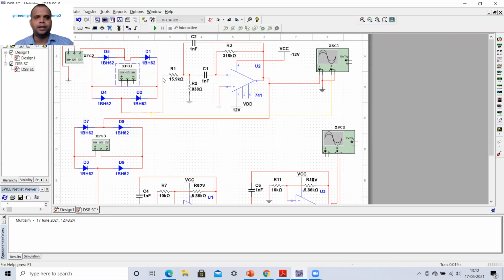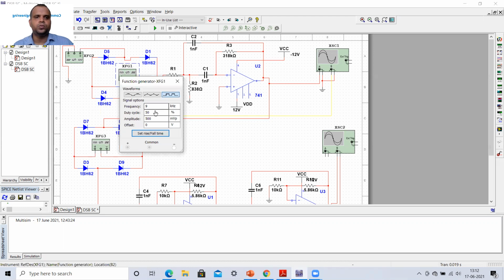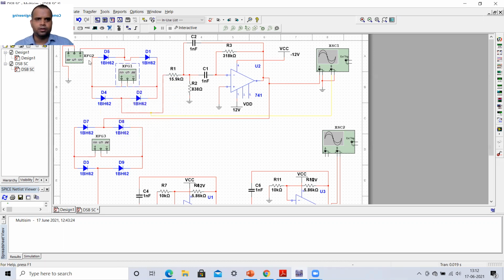In a similar way I have connected it here to this band pass filter, and for the band pass filter I have taken a center frequency equal to 9.1 kilohertz. If we make this carrier frequency equal to 9 kilohertz, it is sufficient to obtain the desired output. We will be able to filter out the desired frequency band, and all other high harmonics can be removed easily. So this is our circuit. Here we can see the circuit.